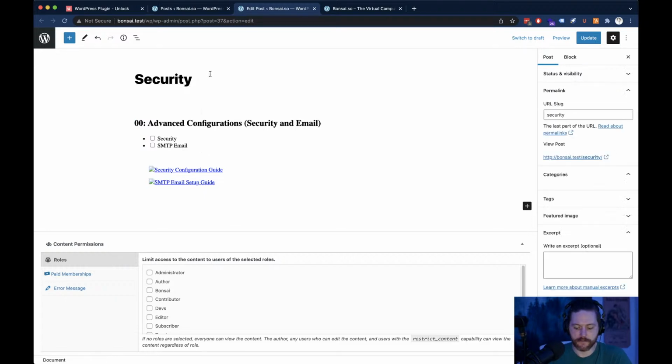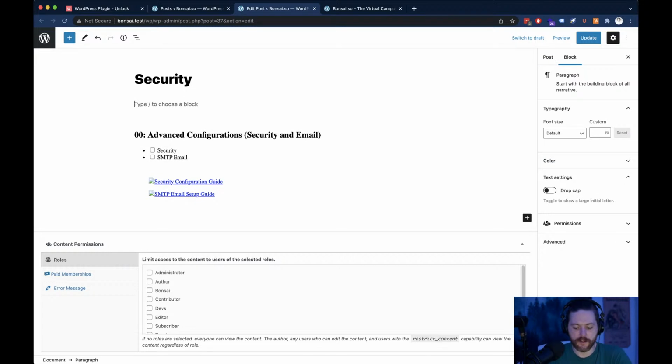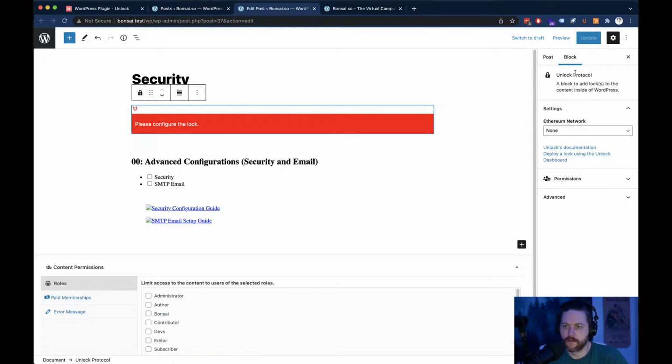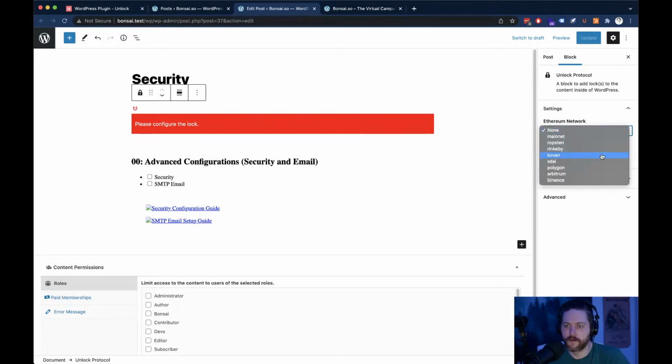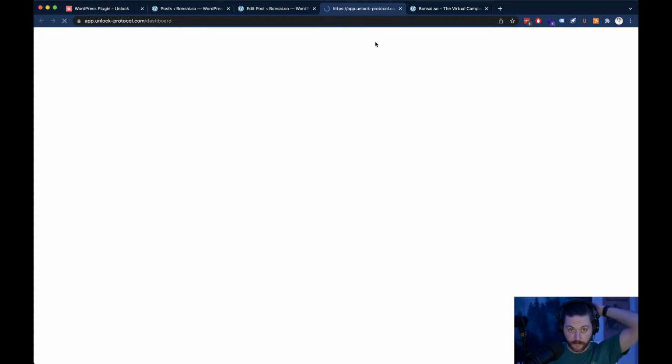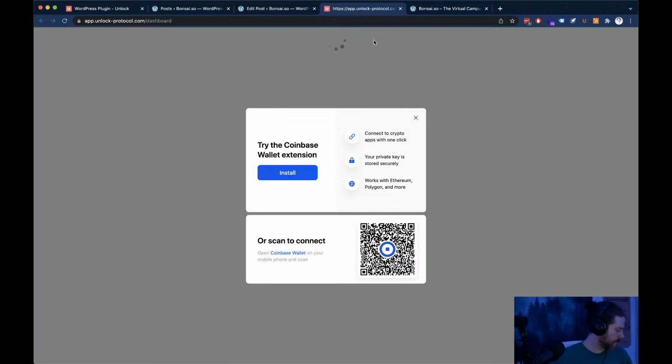Okay, I'm just gonna come in above it and add an unlock protocol block. Please configure the lock. Block can be added to locked. Ethereum network. Let's just use Polygon for now. We might mess with that lock address. Must deploy a lock using the unlock dashboard. We need to come into the unlock dashboard and